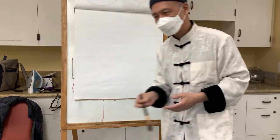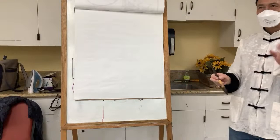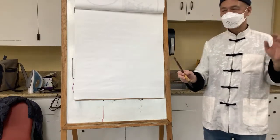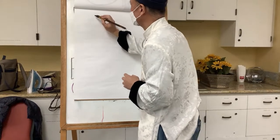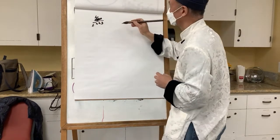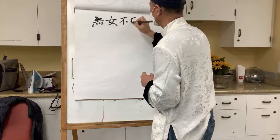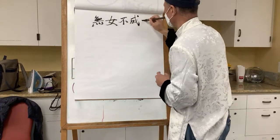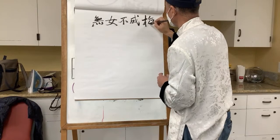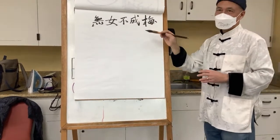Now we talk about another word, which is extremely important to paint plum blossom branches, whether it's in landscape or flower and birds context. It's called, let me write this Chinese saying first. I try to write the traditional characters. This saying is